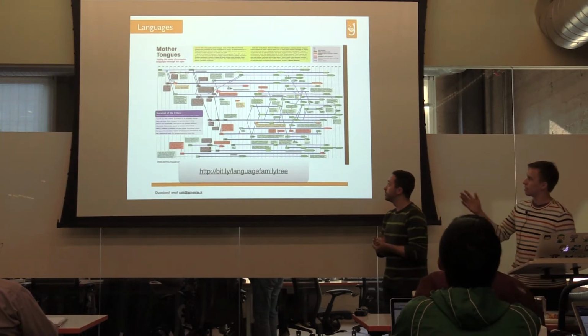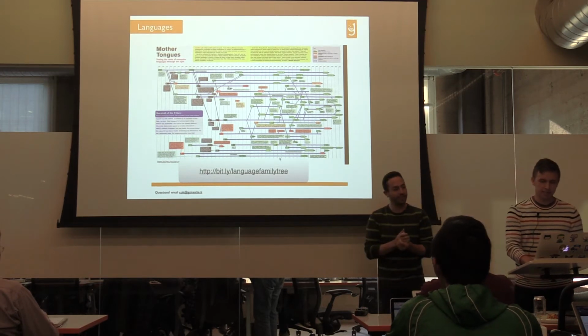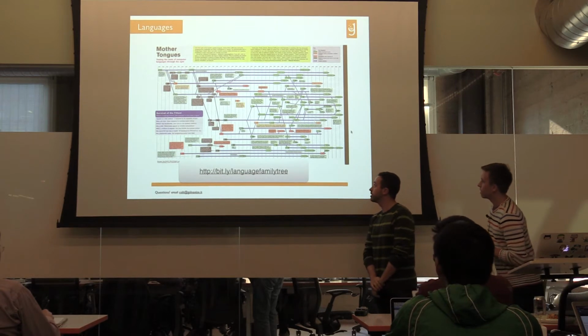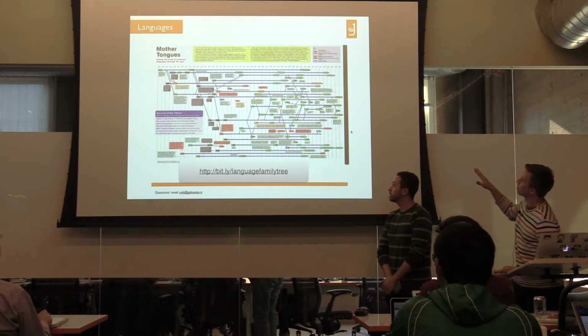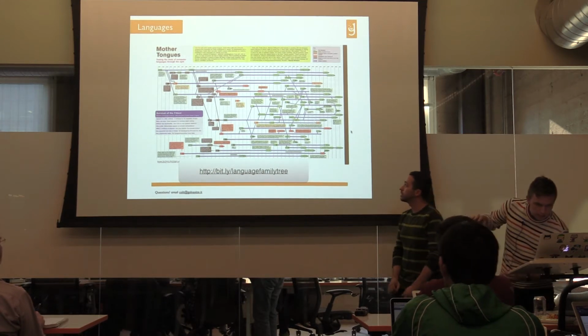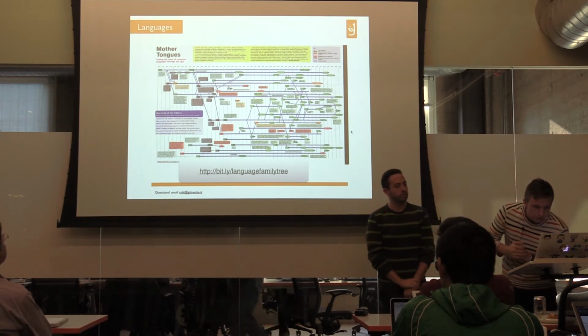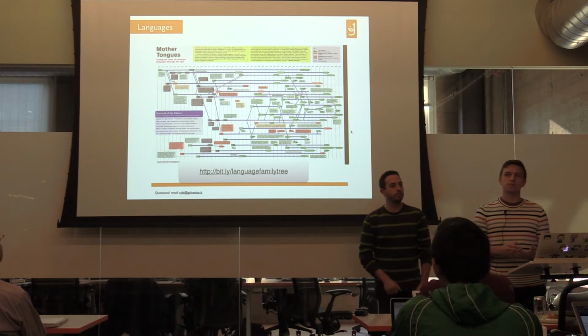It's kind of hard to read this chart up there, but we'll send out the slides. You can take a look at this link. Basically, this is a chart, a family tree of programming languages. As you can see, there's a lot of them on there. I think the color coding is, ones that are green are still active, so thousands of users. Ones that are yellow are protected, which basically means that not many people are using them outside of academia